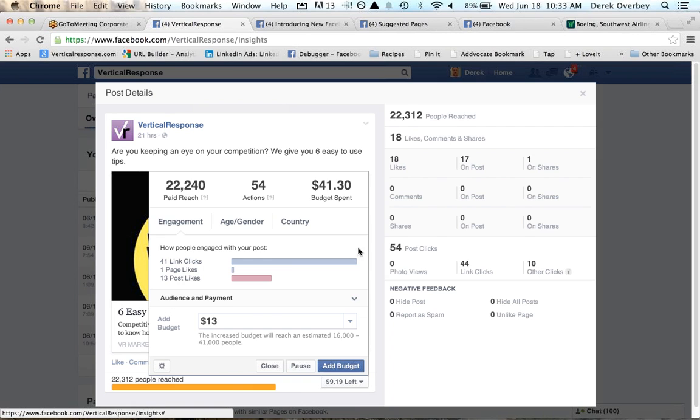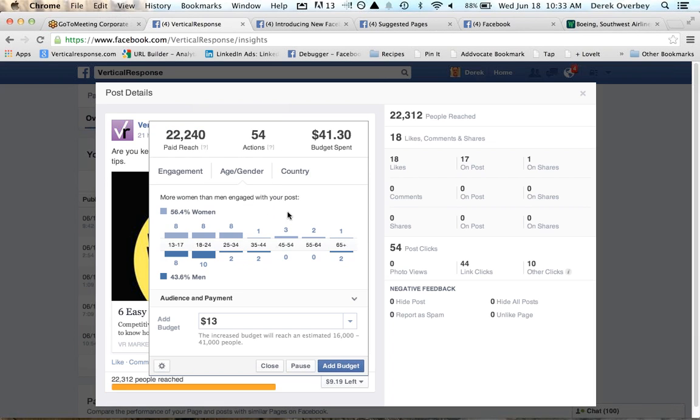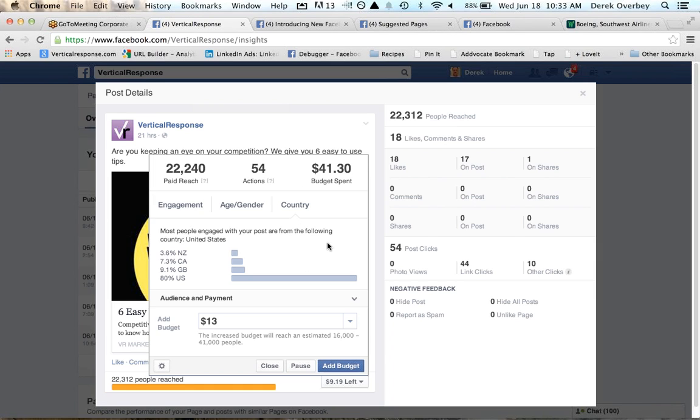If I click into there, it shows me how much budget I spent on this post, how many actions I got, and the different things, the engagement. I can see how many people clicked the link and went back to our blog where this post sits, how many page likes I received, and how many likes the post itself got. If the post is doing really well, I can increase the reach and add more budget to it. I can also see a breakdown of the interaction from a demographic standpoint, and what country